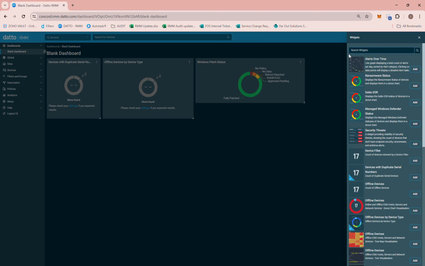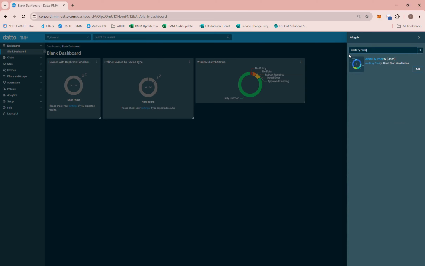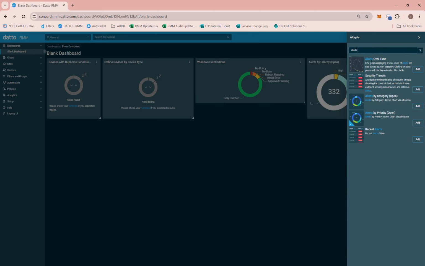For example, I'm going to put alerts by priority, or you can just type in alerts. You can see all the types of alerts, and you just read the description of what kind of widget regarding alerts you need to add to your dashboard.